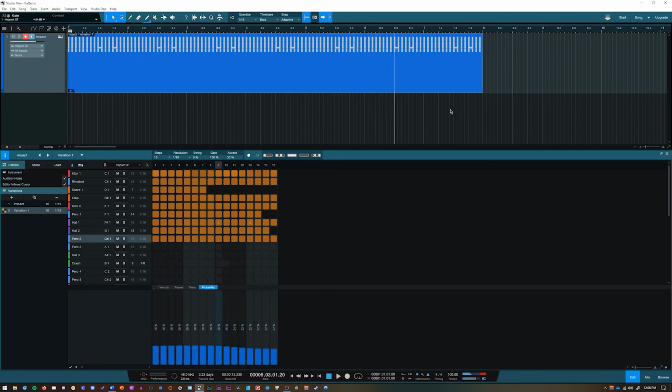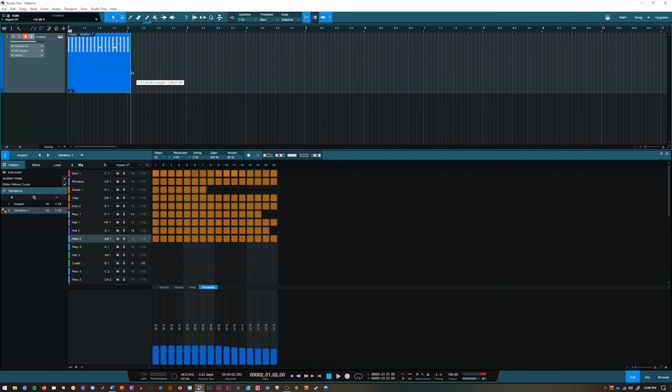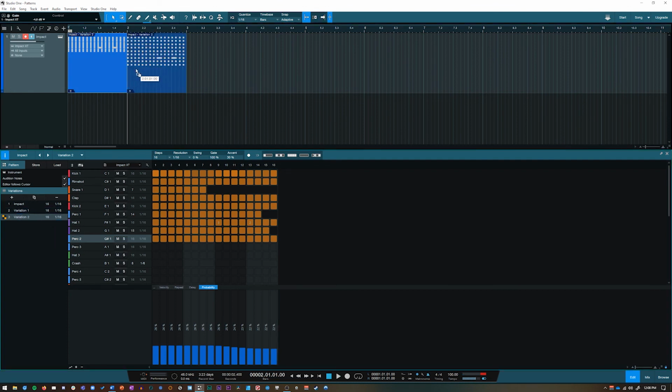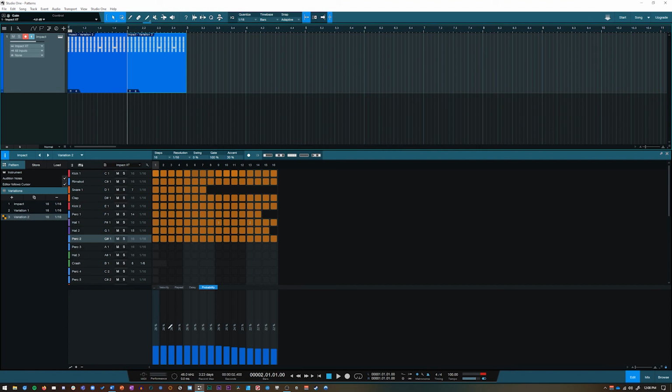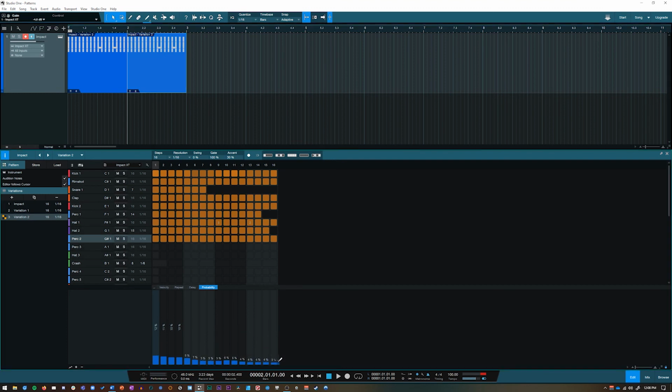So I think that's pretty cool. And keep in mind, we could have this go for any duration. We could also create a new variation from it, bring that over, and then we could edit this variation. So maybe on this variation, the probability of everything goes way down so that we have a sort of decreased structure